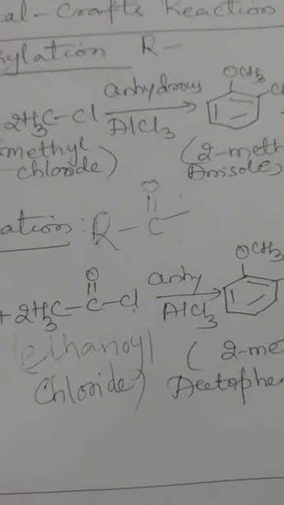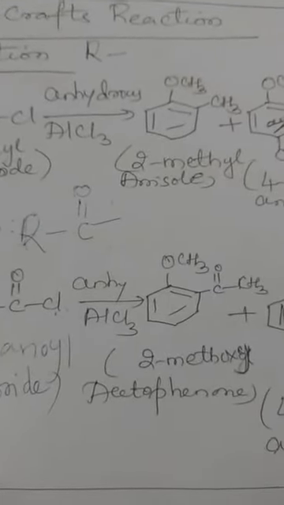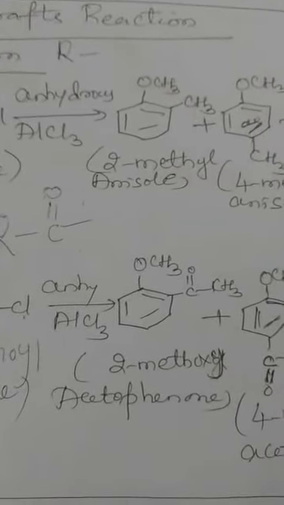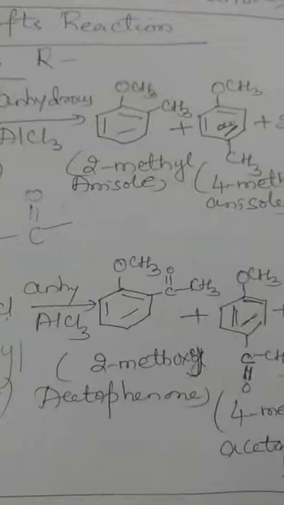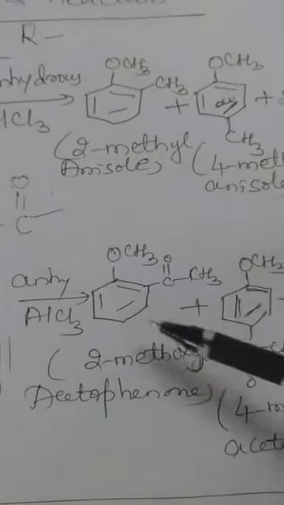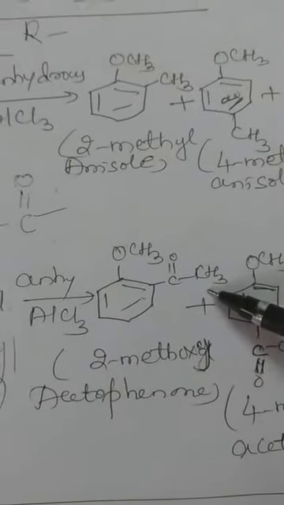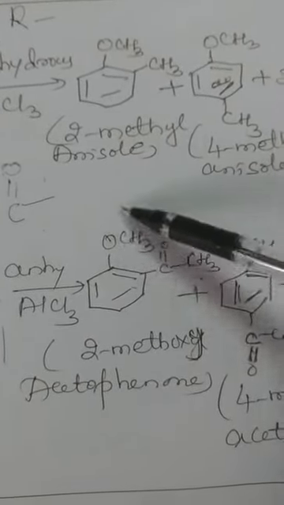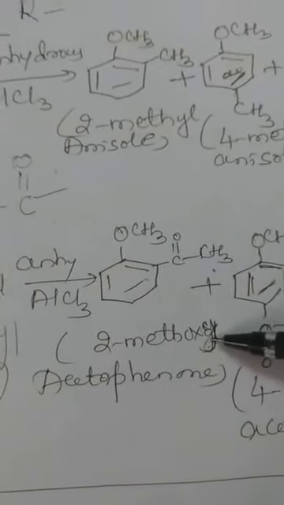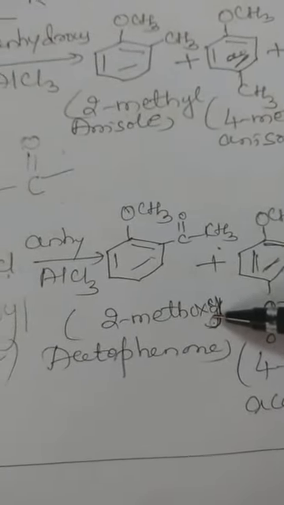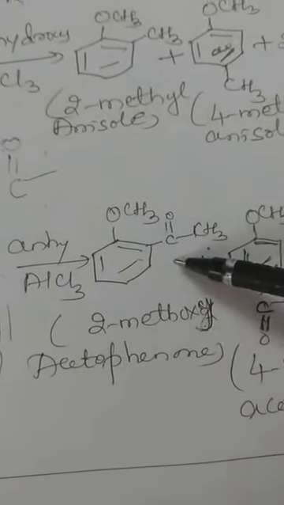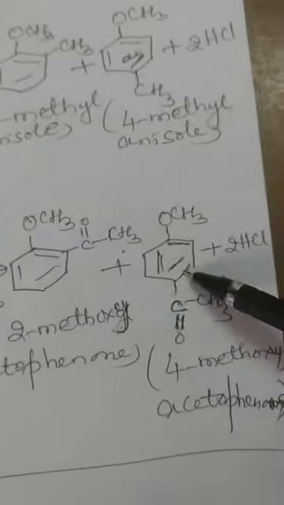So anisole reacts with acetyl chloride or ethanoyl chloride in the presence of, once again, anhydrous aluminium chloride catalyst to give a mixture of, just look at the product here, an aromatic ketone. You can name it as 2-methoxyacetophenone. C6H5COCH3 is the aromatic ketone, acetophenone. At the ortho position, or the second position, there is the methoxy group. Therefore, it is ortho-methoxyacetophenone or 2-methoxyacetophenone, and the other product will be